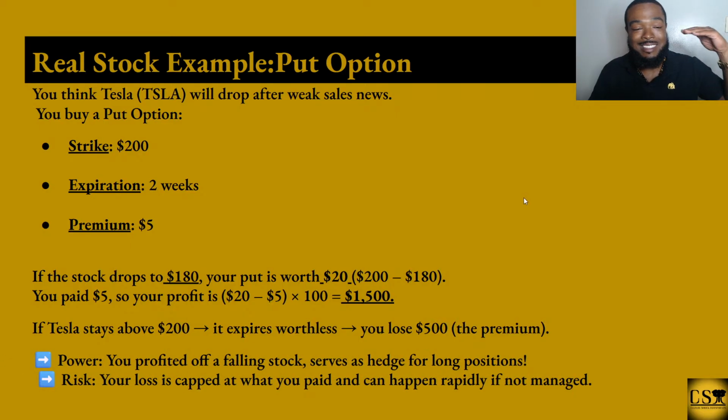But like I said, if Tesla stays above 200 and that 2-week time period ends and Tesla does not dip down for you, you're going to lose that entire $500. And it may go down in value very rapidly. You'll see the premium value go down day after day as it gets hit with time decay, or theta as we call it. It's one of the Greeks that you're really going to have to get familiar with, because theta is your biggest enemy when you are in an option contract, especially a long one. Okay?